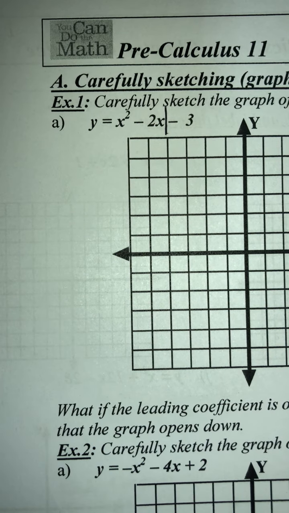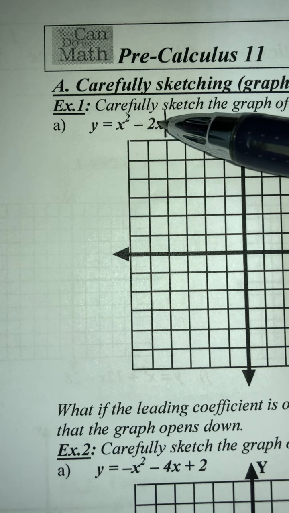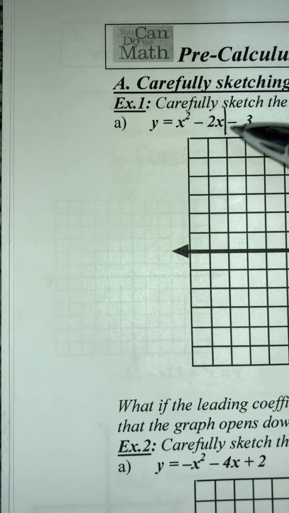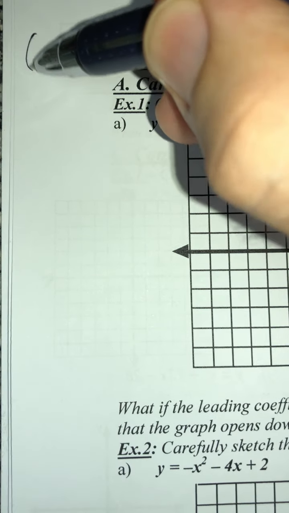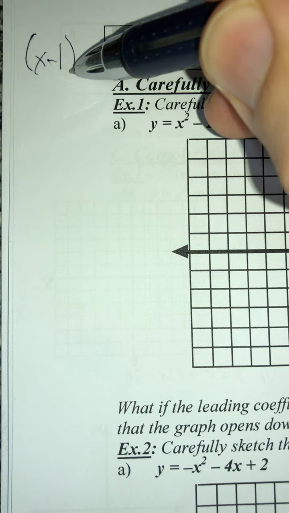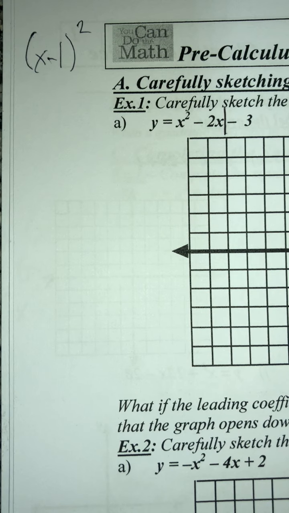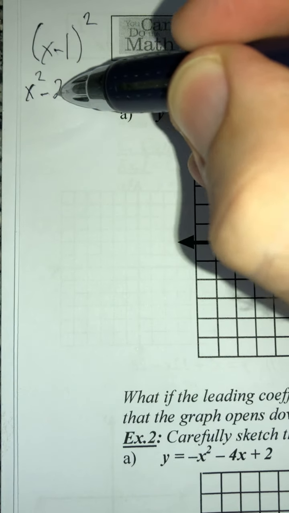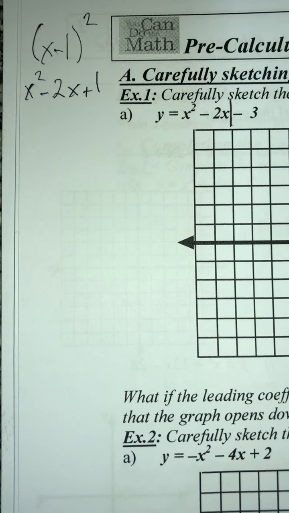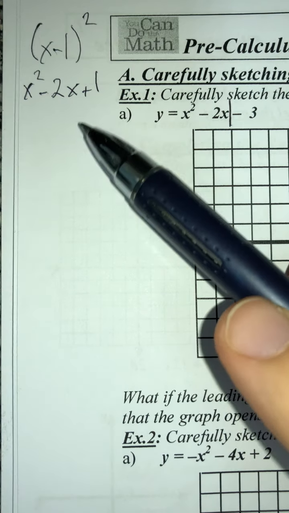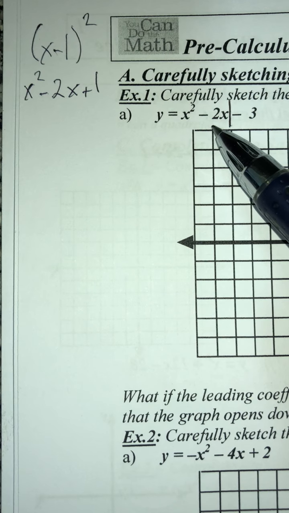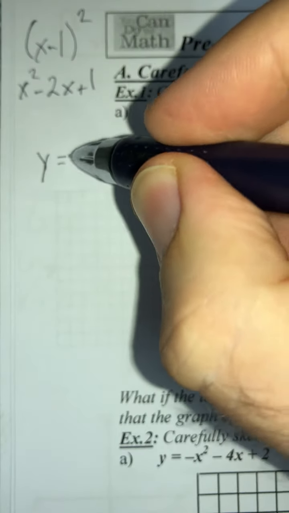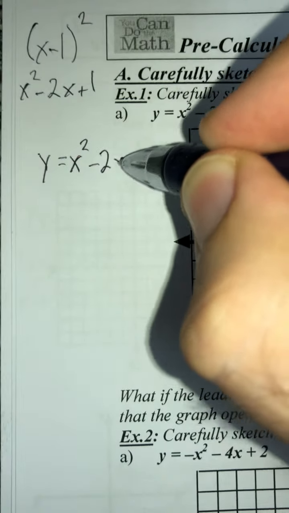the x to the power of 1, and I'm going to divide this by 2. And that's going to tell me what my perfect square is. So if I divide this by 2, I will get x minus 1 squared. And if I expand this and multiply it all out, I'd get x squared minus 2x plus 1. So I'm going to add 1 onto this side of my equation and subtract it from the other, since I can't change my equation. So I get y equals x squared minus 2x plus 1